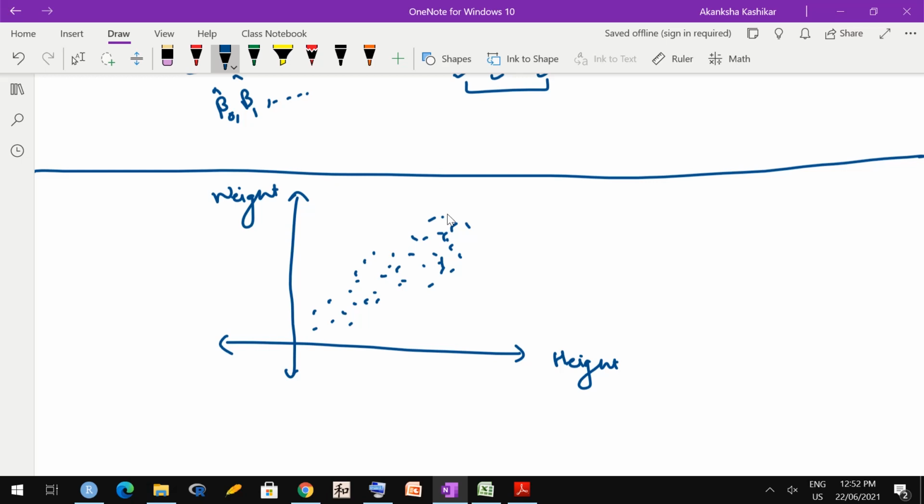Now suppose I tell you something about height of a person. So suppose a person has this height. Now normally range of the weight is from this point to this point. So range of the weight is normally quite wide. But if I tell you that height of that person is here, then you can have a more precise guess about the weight. Then you will say that weight is most likely to be in this range. Okay. So when you have information about height, you already know something about weight.